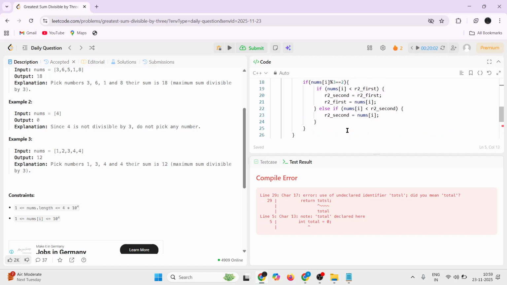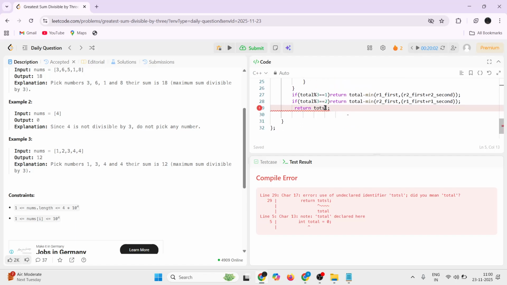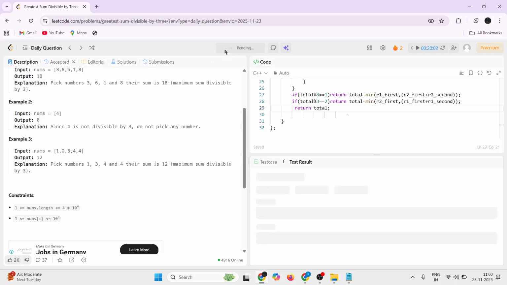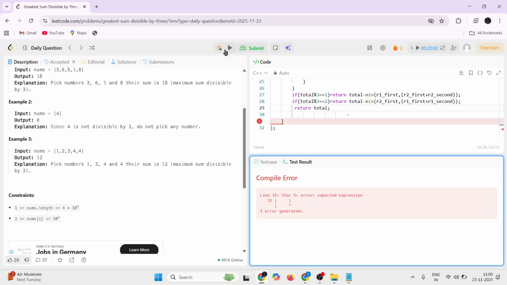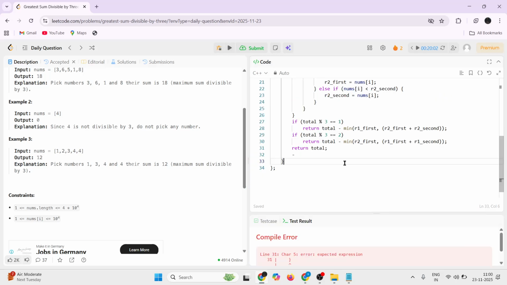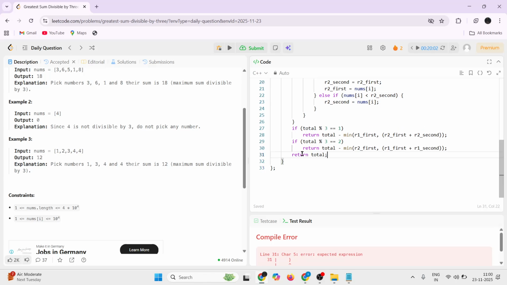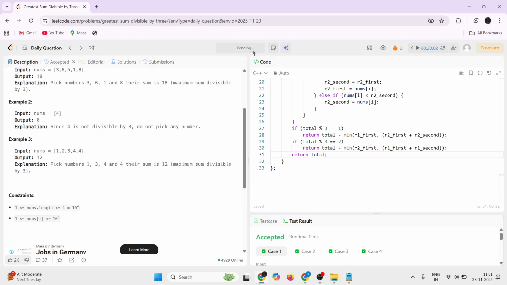Line number 29, return total. This was unintentionally done. So okay, if we submit,